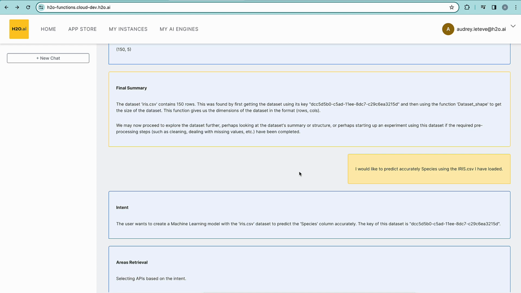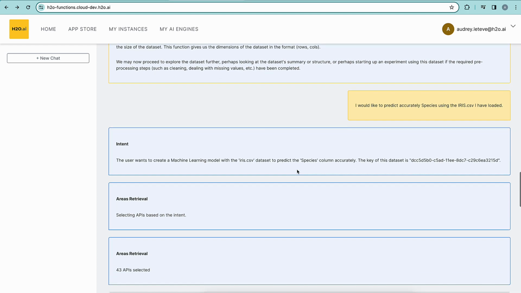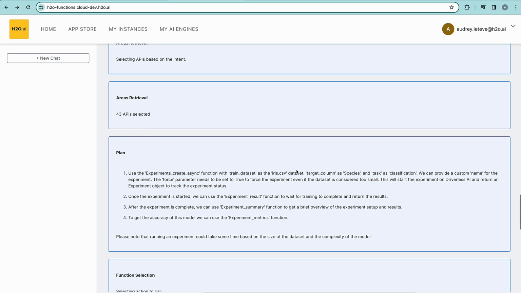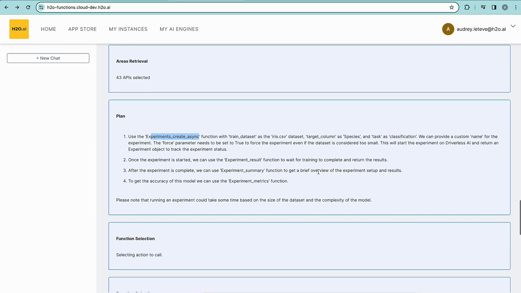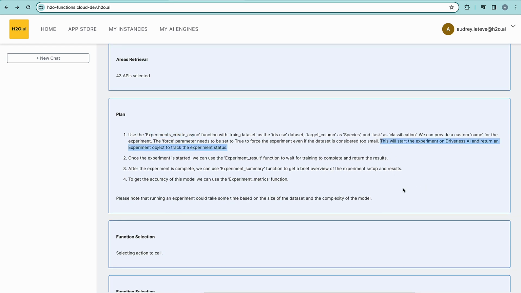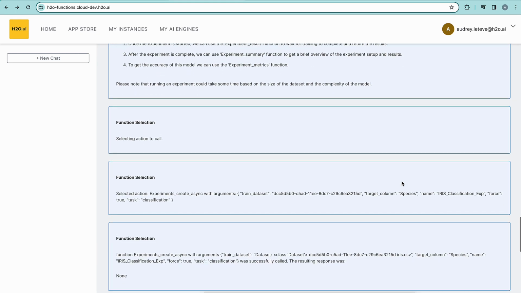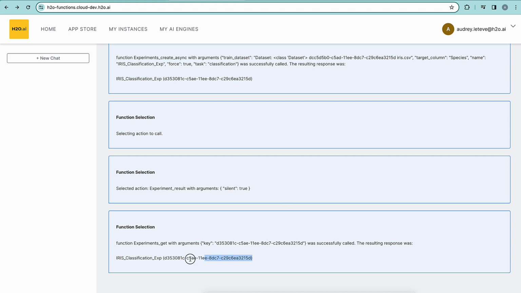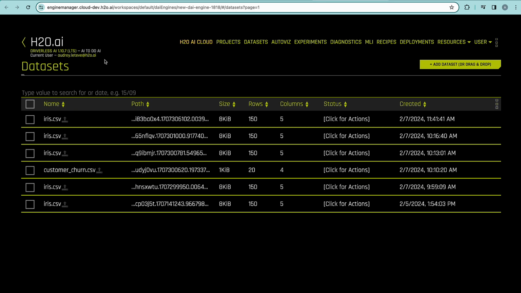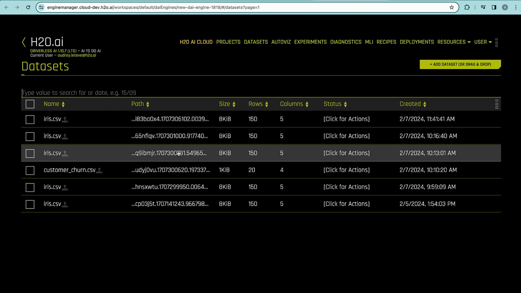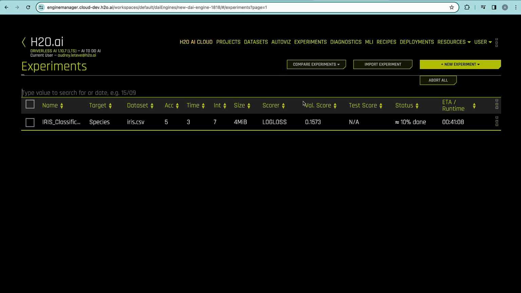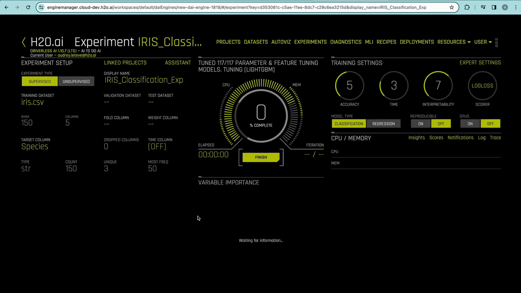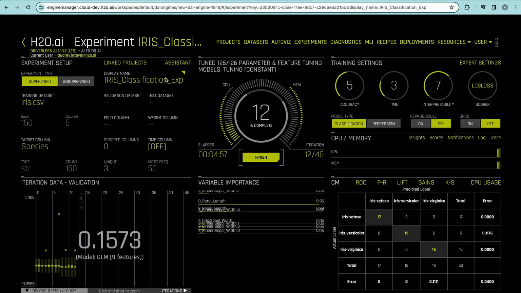The H2O agent has captured my intent here using the datasets I've uploaded, and it's going to create an experiment. Looks like it will use Driverless AI without me prompting it. It has created an experiment called Iris Classification Exp. Let's have a look. I can see a few datasets have been created. And if I go to the experiments, I can see that Driverless AI has started an experiment with the name